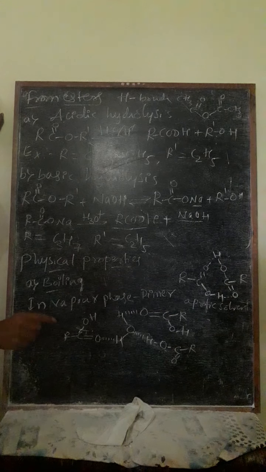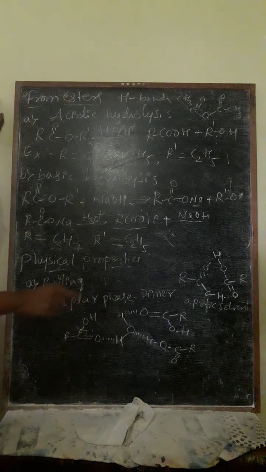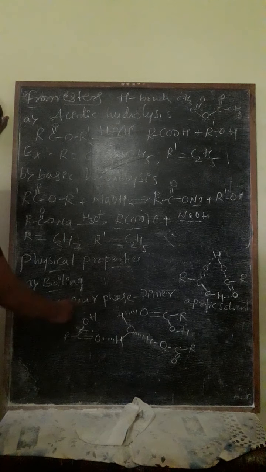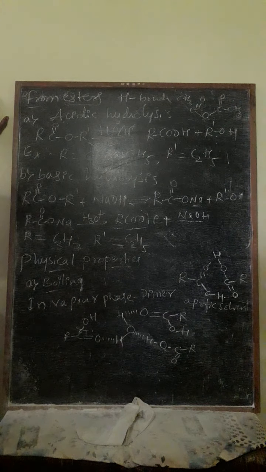Hence a strong bond association takes place. To break that hydrogen bond, more energy is needed. Therefore the boiling point of carboxylic acids is said to be more compared to even alcohols. Alcohols definitely contain hydrogen bonding, and aldehydes, ketones, all of them compared, the boiling point of carboxylic acids is higher.